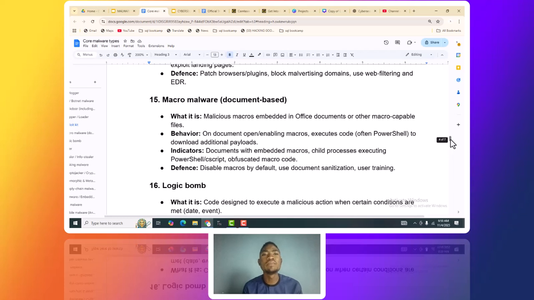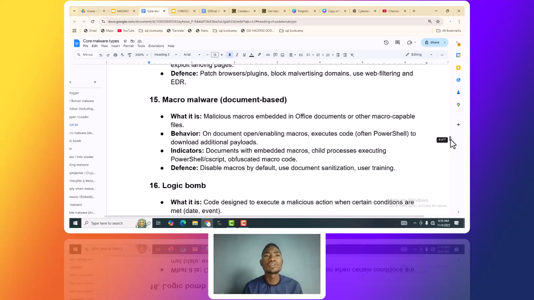It affects Windows malware, the Microsoft Office malware. It's a malicious macro embedded in Office documents and other macro-capable files. And some of the behaviors is that it helps on opening, when we open our document like our